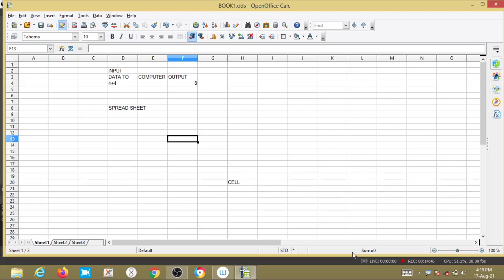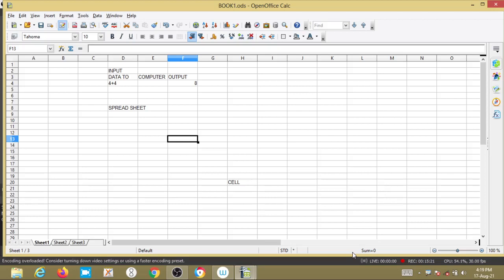We use spreadsheets in production planning, for example in big companies, the selling products, production analysis, and in market comparison, for example a supermarket: how many products are selling, how much profit will come. Like that we are managing things.